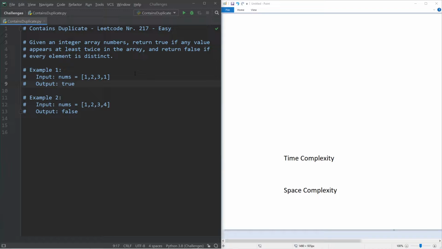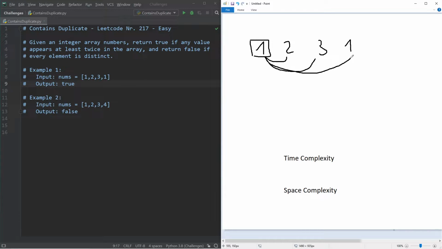There are several possible ways to solve this, so let's go through the brute force approach first. So if we have the number sequence 1, 2, 3, 1, then what could our brute force approach be? The way this brute force approach would work is that we take the first number, compare it to the second, compare it to the third, compare it to the fourth, and then in this case we already see that we